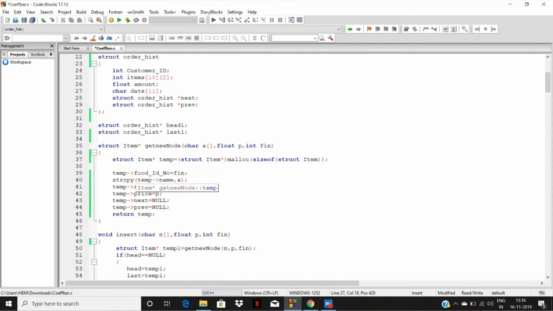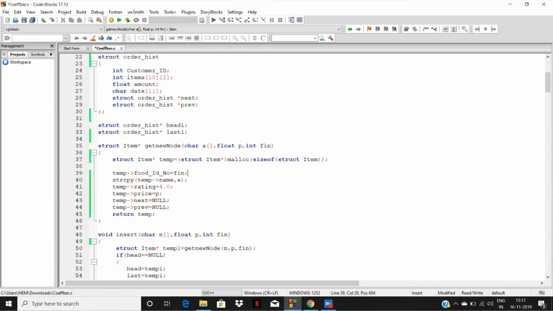Then after that we made the get new node function of the item, which returns the new node of the item. In that we pass the character name array, a float p which is the price, and fin which is the food ID number. In that we make a temporary variable which points to the item structure.